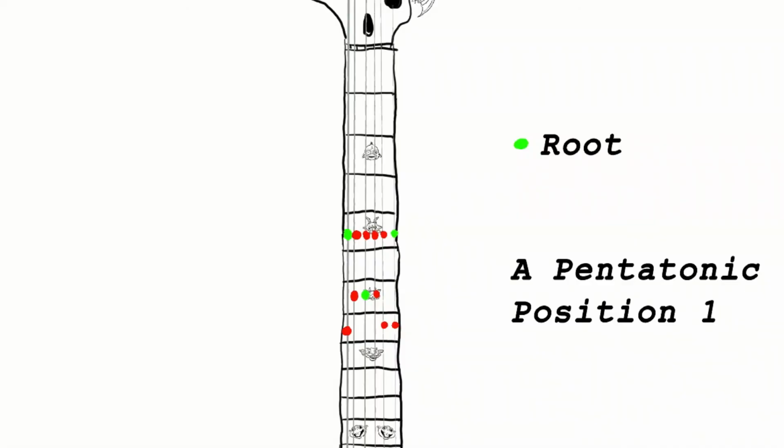One of the things I like to do is play 12-bar blues, but base all of the scales on the same fret. Okay, so let's say for some reason you can't go down the neck, like maybe